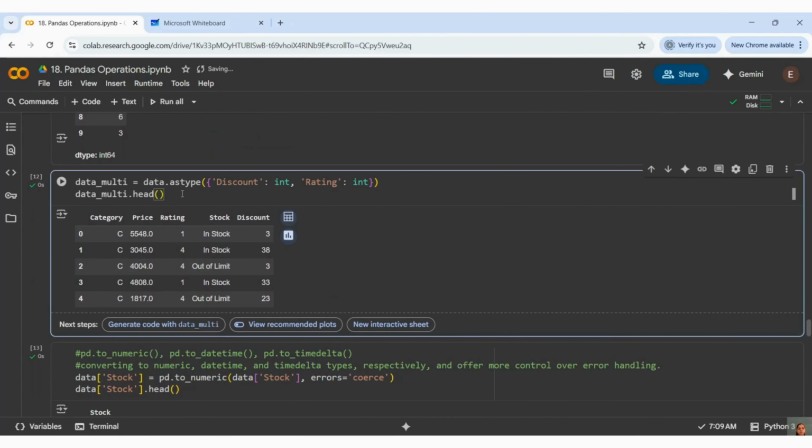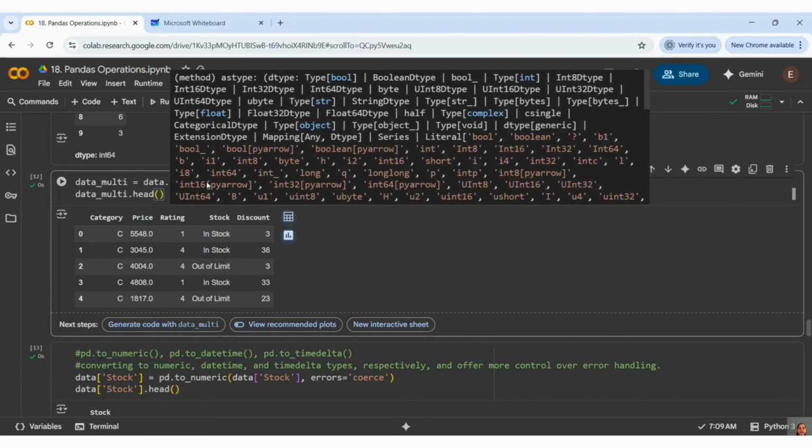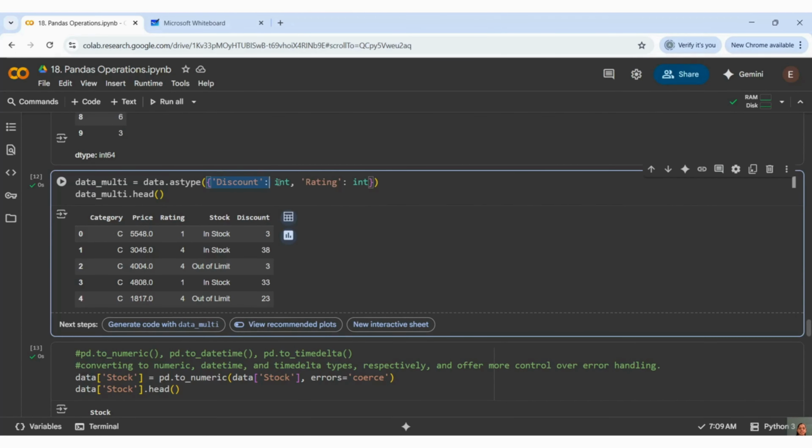Similarly, there is one more way where I can pass multiple columns as a dictionary, with the columns and their types, to astype. Here you can see the same thing which we did with discount and rating. The same thing I passed as a dictionary here. My first column should be int, my second column should be int.